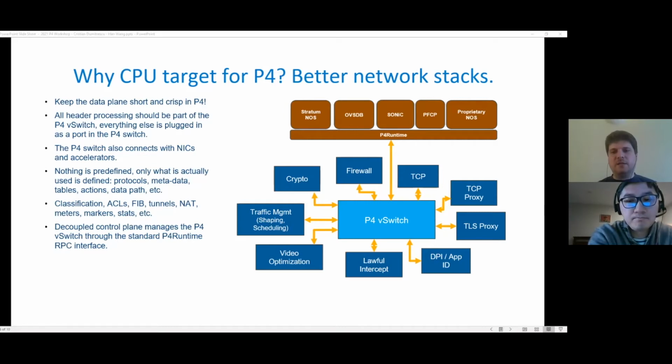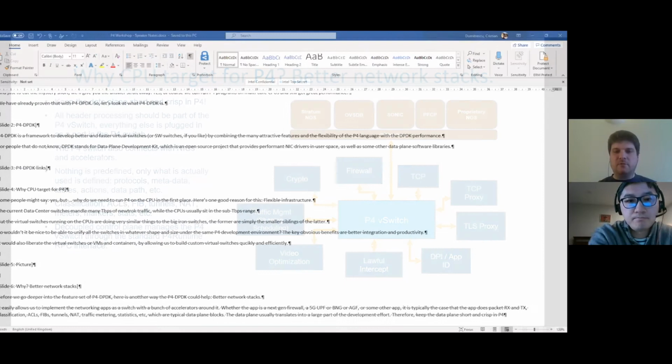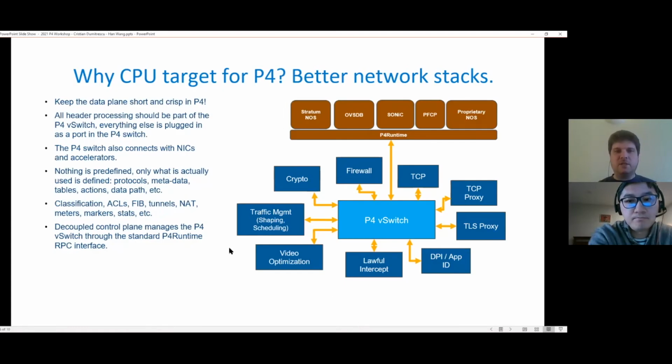Therefore, it would be really nice to reduce this effort of the development of the data plane part of the application. So the way to do this is simply to keep the data plane short and crisp in